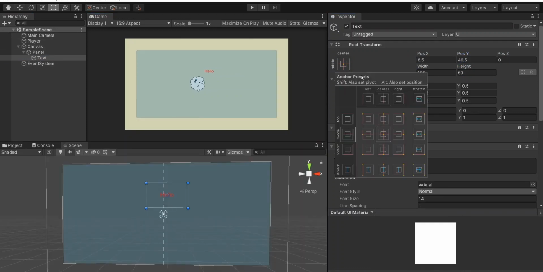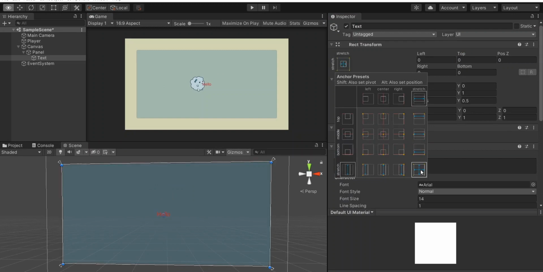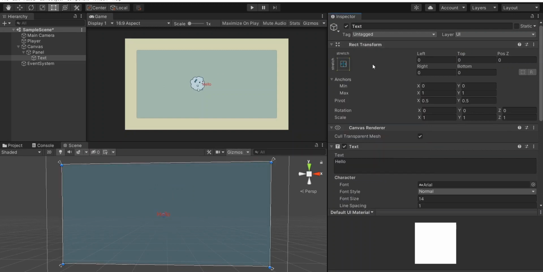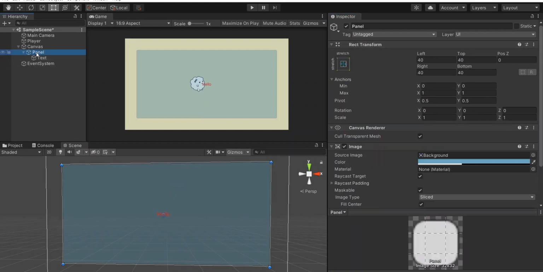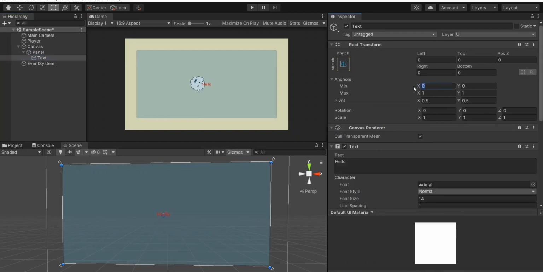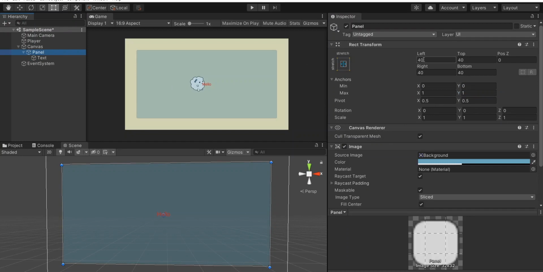Another example, stretch anchors have the value for anchor min as 0 and 0. It's at the lower left corner, and anchor max is 1 and 1 at the upper right corner of the parent. At this time, the child has the same size as the parent, so when the parent resizes, the child also resizes to fit the parent.